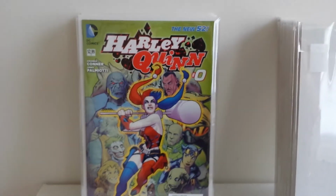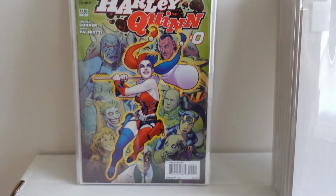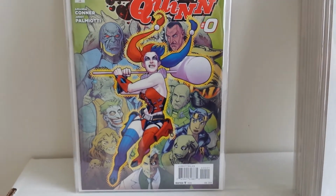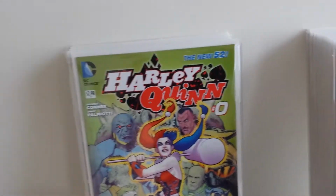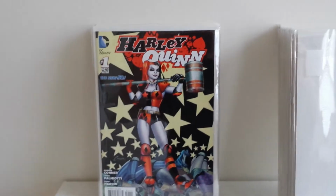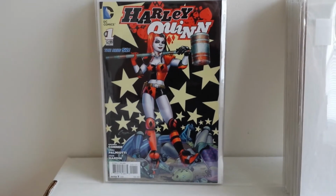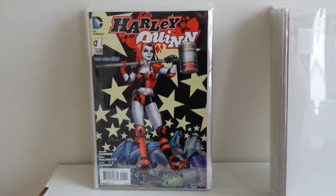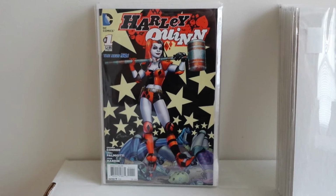This is my 1 in 25 variant to Harley Quinn Zero. It's by Stefan Roux. I really like this cover with all the DC villains in the background. And I had some other variants, but I gave them to a good friend who's a big Harley fan, because I thought he'd appreciate them more than I would. And he's been very generous to me, so I definitely wanted to help him out,